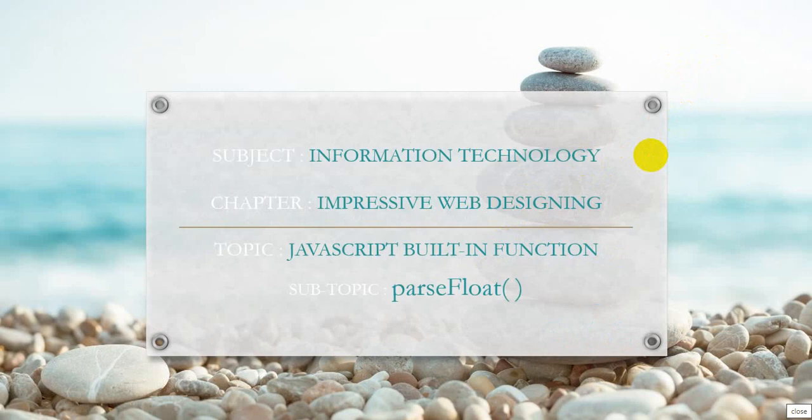In our previous lecture of information technology, we have seen some built-in functions in JavaScript. Initially, we have seen the parseInt function and the prompt function. The prompt function is used to accept a value from the user. It means we don't need to define the value, the user will enter their own value. So by using that value we can perform some arithmetic operation or do anything we want.